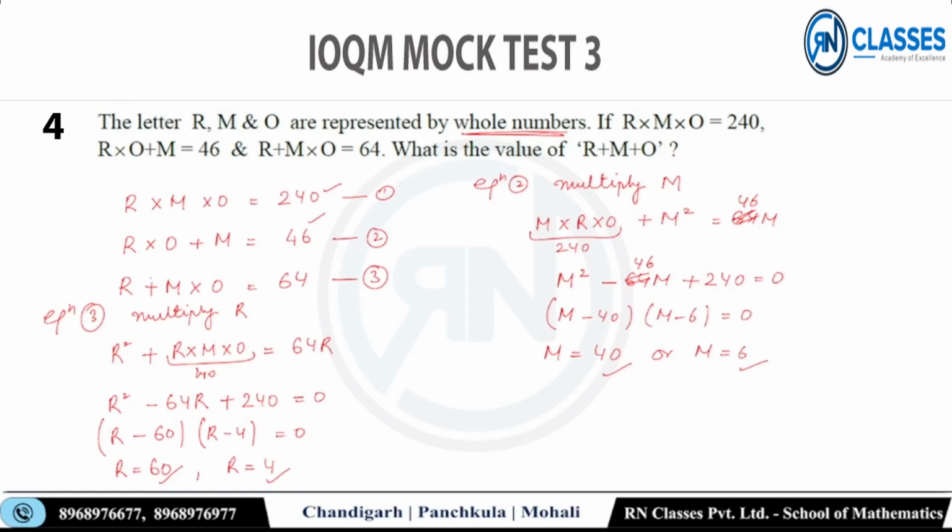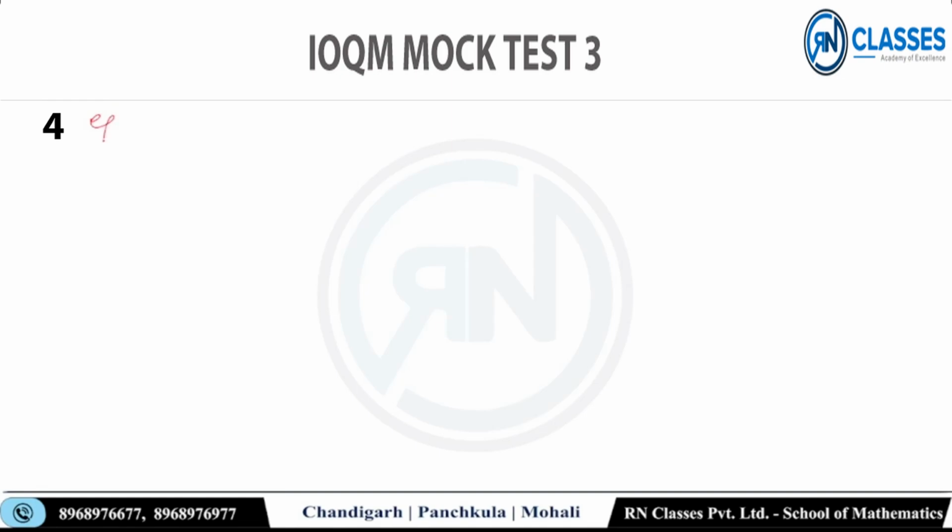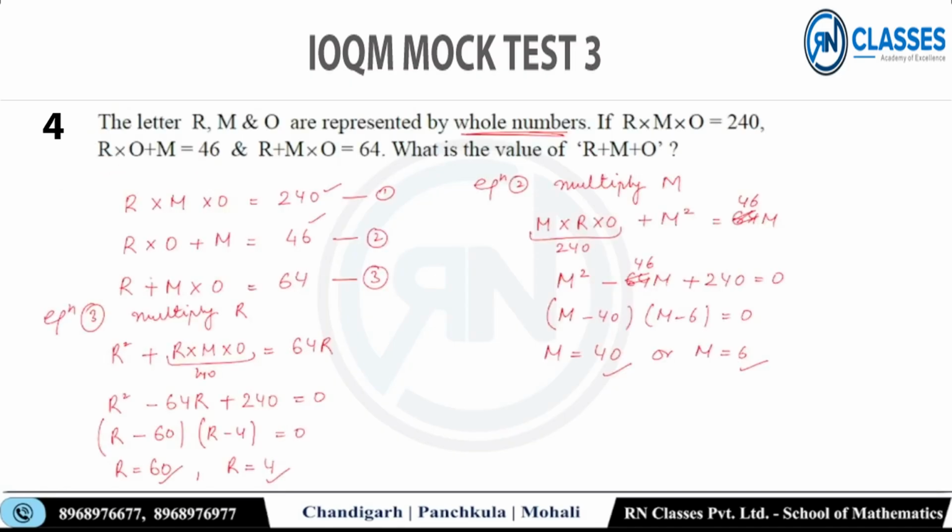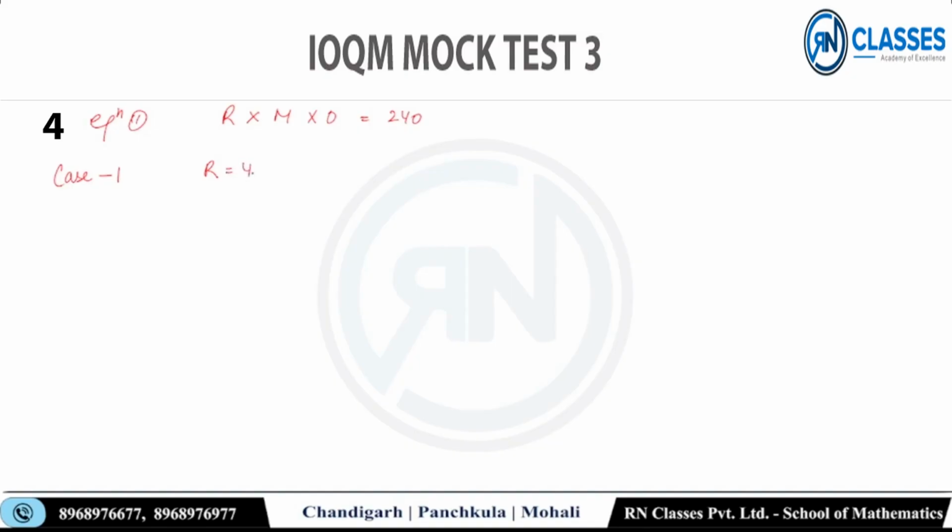इक्वेशन 1 लिखता हूं मैं यहां पे, R इंटू M इंटू O इज इक्वल टू 240। केस 1, दोनों छोटे नंबर ले लेते हैं, 4 ही केस बनने हैं। R इज 6 M ना M इज 6 R इज 4, R इज 4 M इज 6, ऐसे ही लेंगे, R को पहले कंसिडर कर लेते हैं, ठीक है। सो मैंने यहां पे लिखा, तो R इज 4 M इज 6 O बन गया 240, 6 4 24, 10